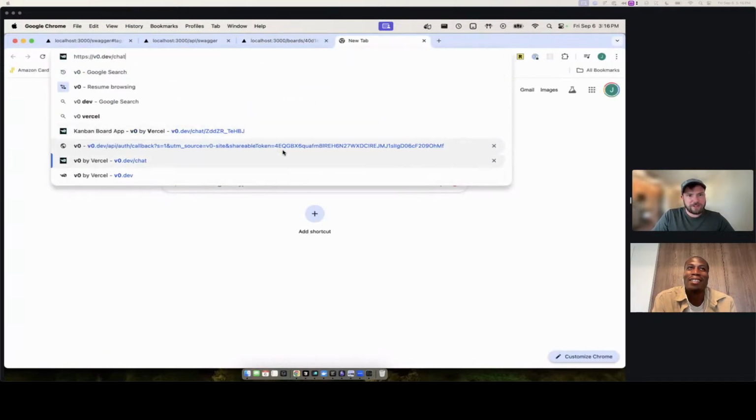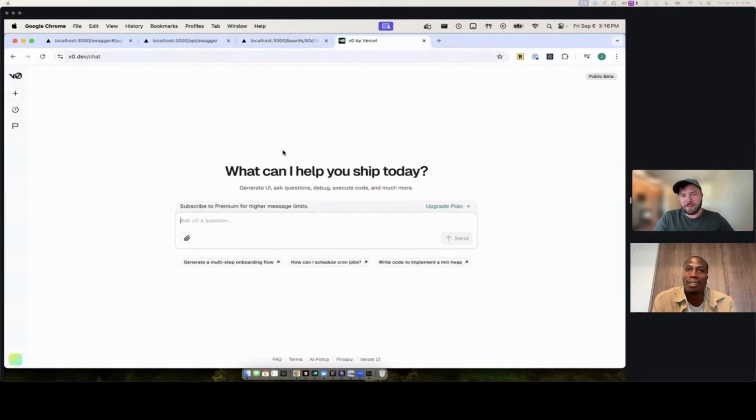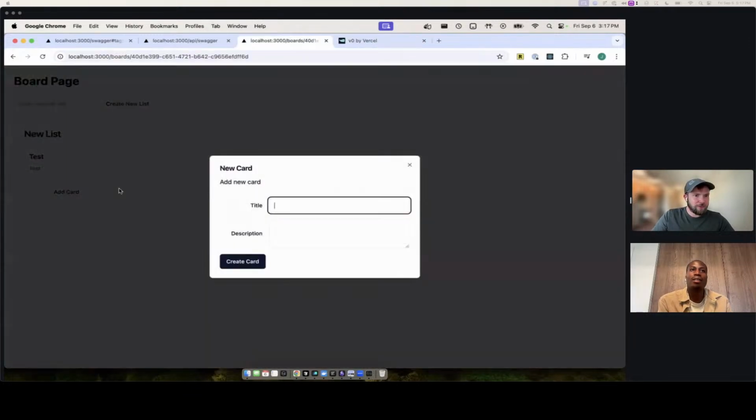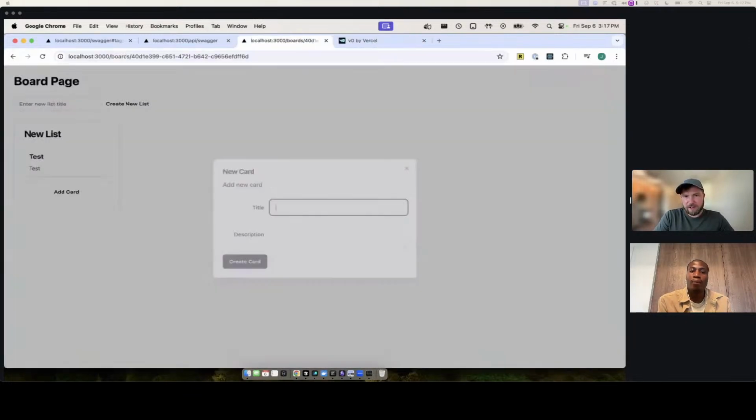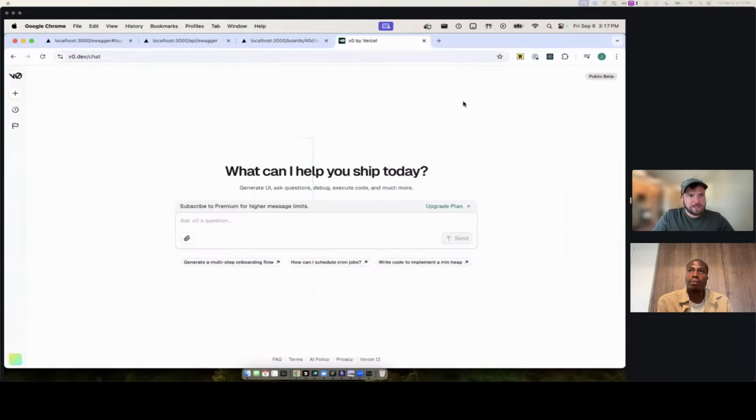So for folks that don't know, V0 is by Vercel, and it's a way to create essentially just front end. They're really shifting to just being a whole front end developer. So my little dummy app over here for this and for some other testing is just a Kanban board app. It's so distracting.